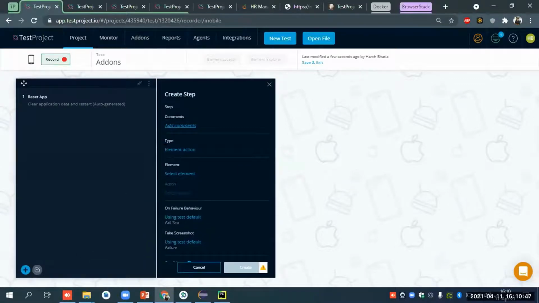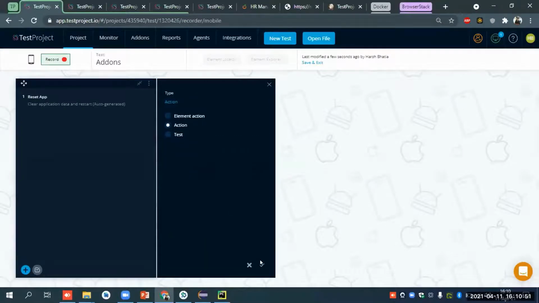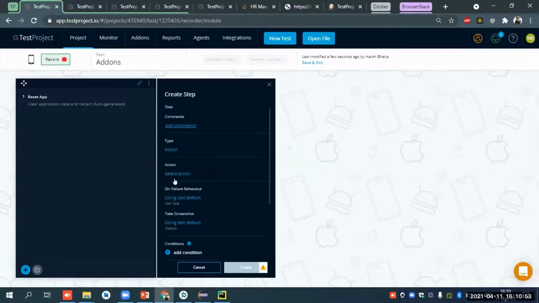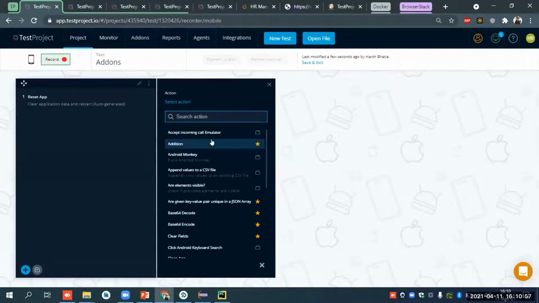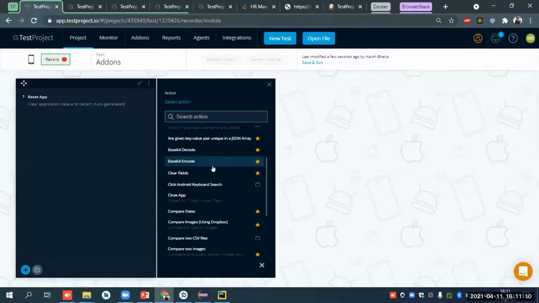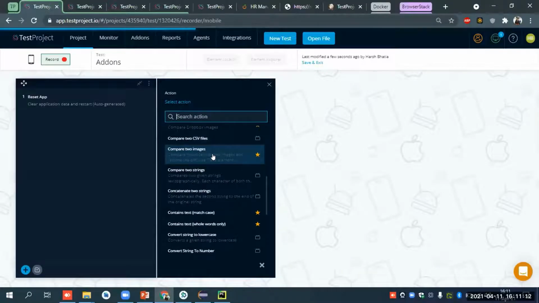Okay, in the type section I will just mention action, and then I will select action. So it will show me all the add-ons which are available for our Android. So there are some add-ons like accept an incoming call for emulator. If you have a physical device, you can't execute because it's for emulator. Then there are a couple more.